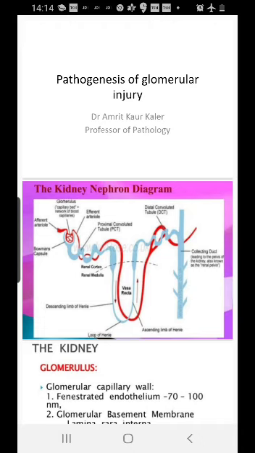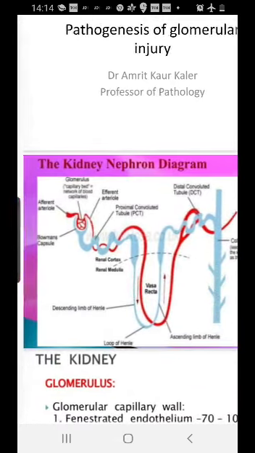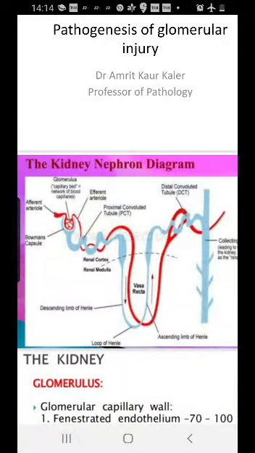Today we are going to start with kidney diseases. As we already know, the normal structure of a nephron is something we have studied in the histology class or in the normal anatomy class. There is the afferent and the efferent arteriole. The afferent is the one which takes the blood in, and the efferent takes the blood away from the kidneys. Then we have a glomerulus, which is composed of a capillary bed, from which all the toxic materials pass out from the glomerulus into the Bowman's capsule.